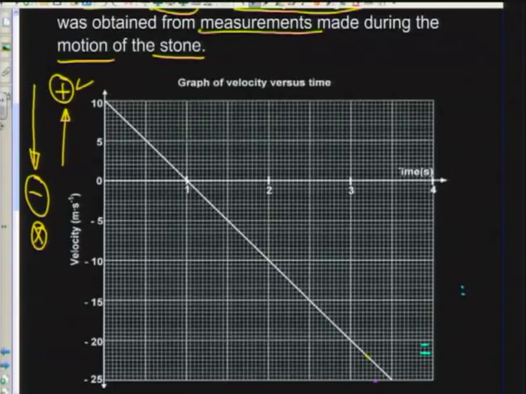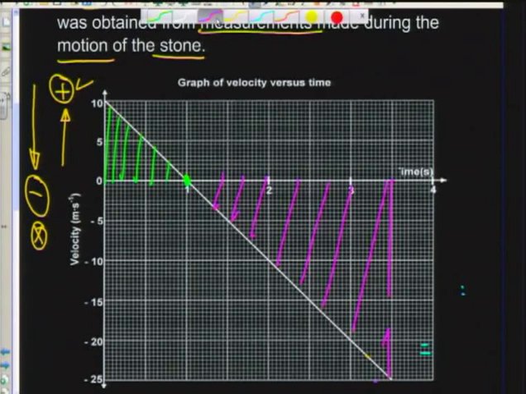Why do I say so? This area here is the area under the graph when the stone was still going upwards. It's not at the point when it was thrown, but it was still going upwards. It then got to the highest point where it stopped a little bit and began to come down. Therefore, I've got another area here enclosed by this graph. So I'm going to mark this area. Actually, this fell off the mark there. It should be up to this point.